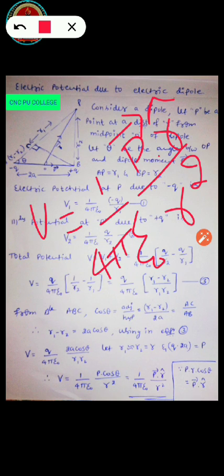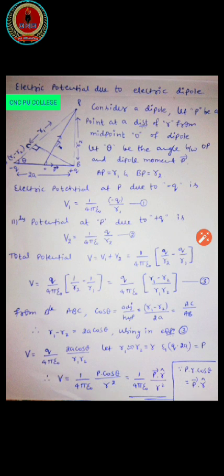As we are considering an electric dipole, the expression must be in terms of dipole moment. So don't make it too lengthy. It's very simple. First, observe the diagram clearly. Then think of the potential at P due to the negative charge, that is equation 1. Potential due to the positive charge at point P, that is equation number 2. And use the superposition principle. And then just the mathematical simplification gives us the final expression: V is equals to 1 by 4 pi epsilon naught, vector p dot r cap by r squared.